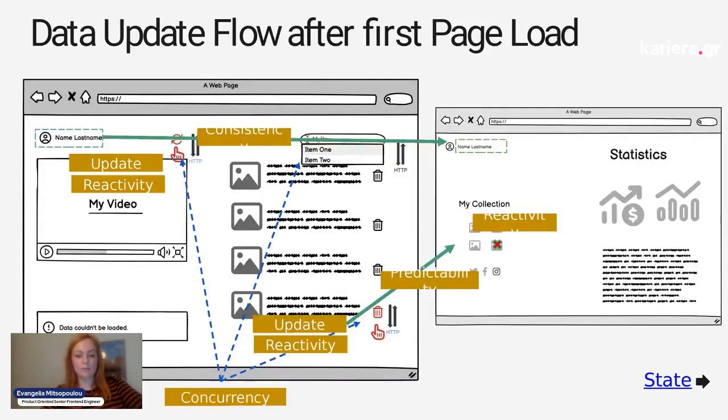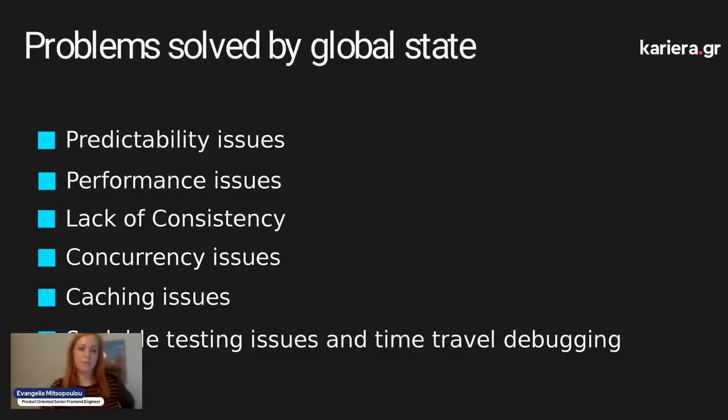So on this screen, I wanted to demonstrate the potential problems that might happen if we don't properly update the state. For example, you can imagine a shopping cart where we are adding new items. If the state management is not properly working, we might have a wrong number of pending items in the system, and we might believe that something is available to buy while it might not be. So this is an example of why all these numbers and data really matter. I'm summarizing on the next screen the problems that are